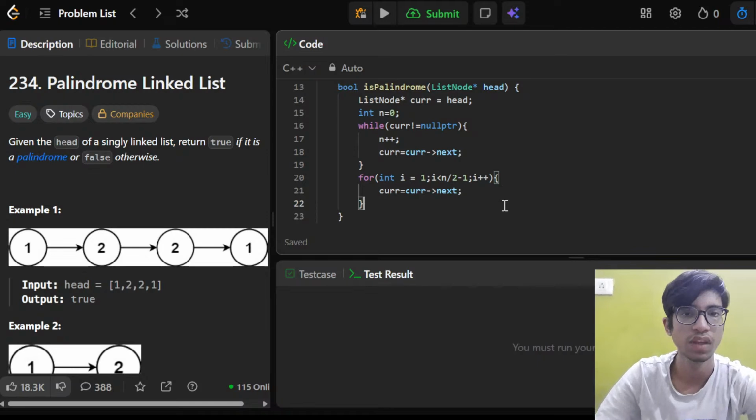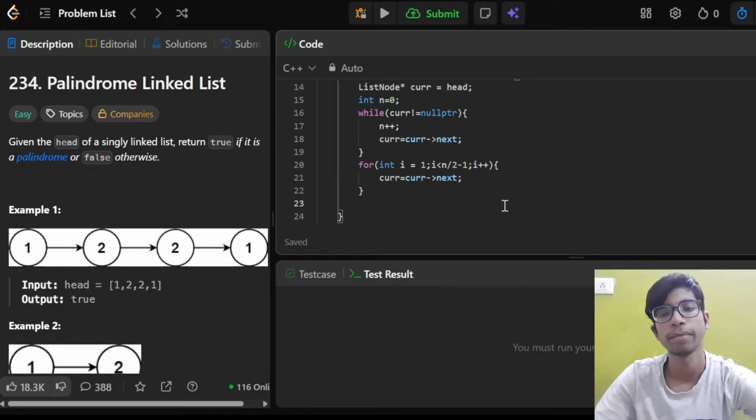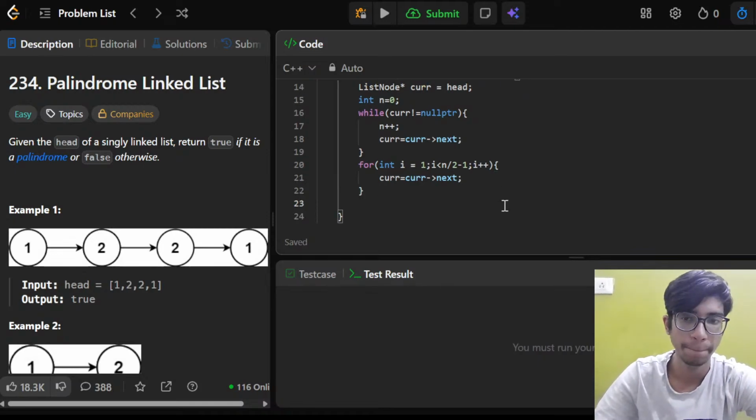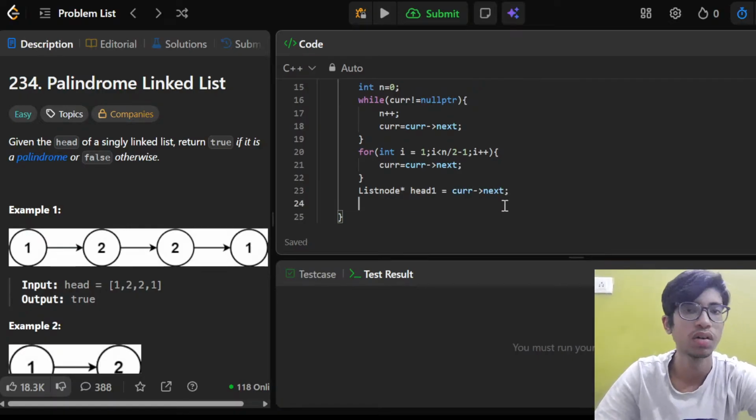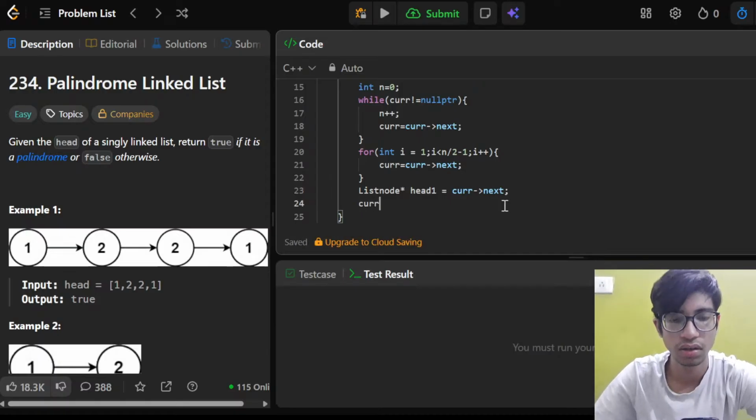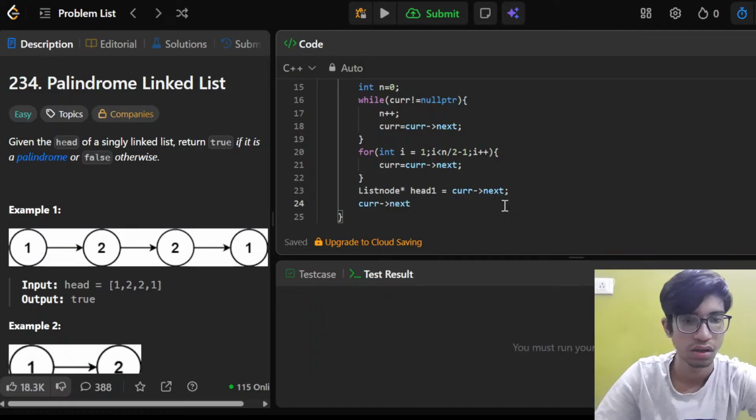So now I will store curr's next, which will be ListNode* head1 is equal to curr next. It is stored now. I have the second linked list now, and then curr's next is equal to nullptr.